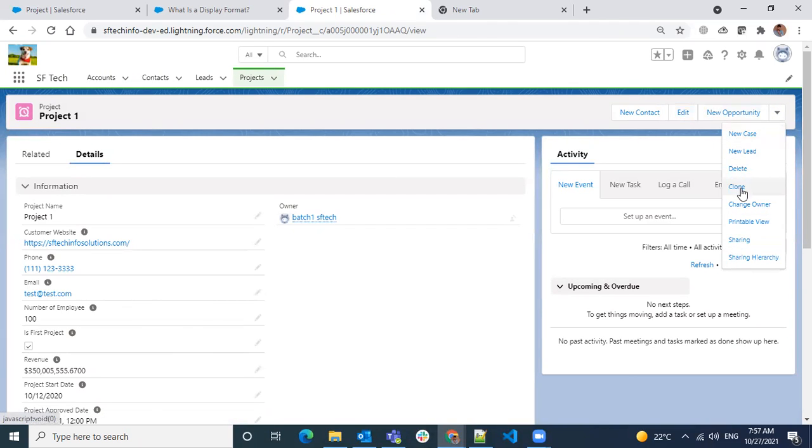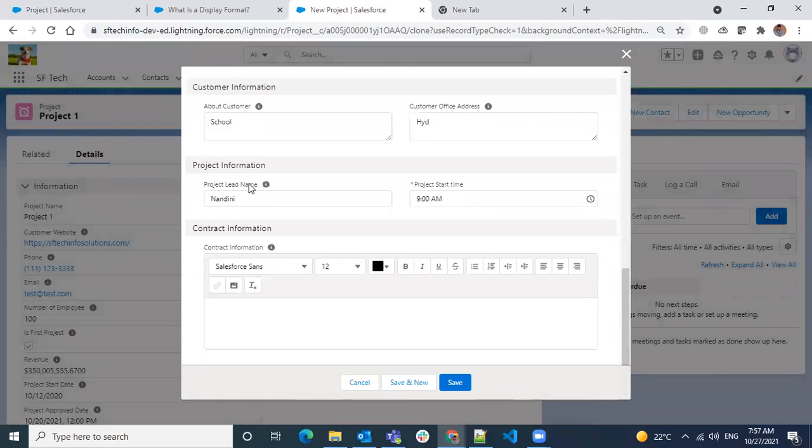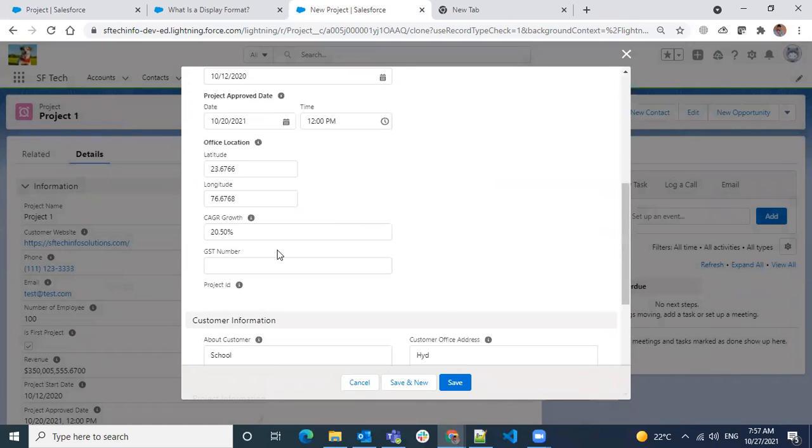If you look at clone, it will copy the exact data and populate it in your new form. So see, every field is being populated here, and see the project ID is not generated. It will be generated only when you click save. And this is encrypted data, and I don't have encrypted view permission.